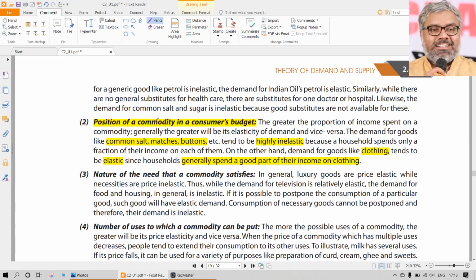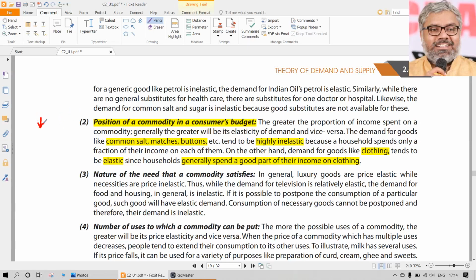Why? Once again, it is because the position of the commodity in a consumer's budget in that case also is very high, because you have to pay monthly EMIs. If at all you buy a house by taking a loan, that EMI plays a very big role in a consumer's monthly budget. So how does that EMI get reduced? Only by reduction in interest rates. If interest rates get reduced, EMIs get reduced. If EMIs get reduced, the number of customers who can afford that expenditure in a monthly budget will increase. So naturally those all will go for purchasing new house properties.